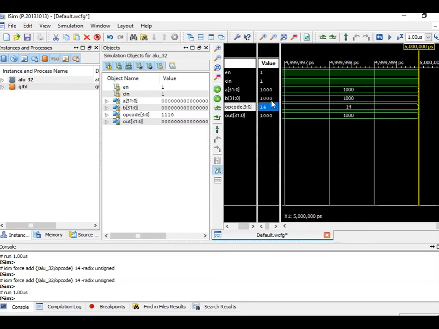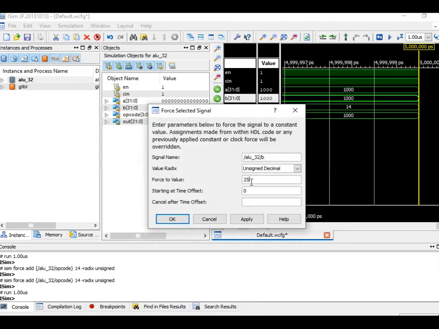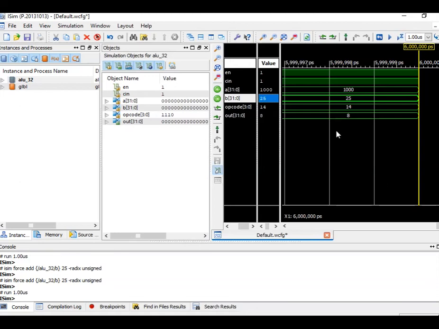Fine. So just to tell you the similarity, I'll just show you that. Instead of 1000, now I'll take 25 only. Right? I'll apply and say okay, and I run the simulation. Now see what I'm getting. 1000 ANDed with 25. So 25 is first converted to binary, 1000 is also converted to binary. The remaining MSBs are filled with zeros because 25 is smaller. So remaining bits are filled with zeros. Then ANDing is performed. So the overall result generated is 8.